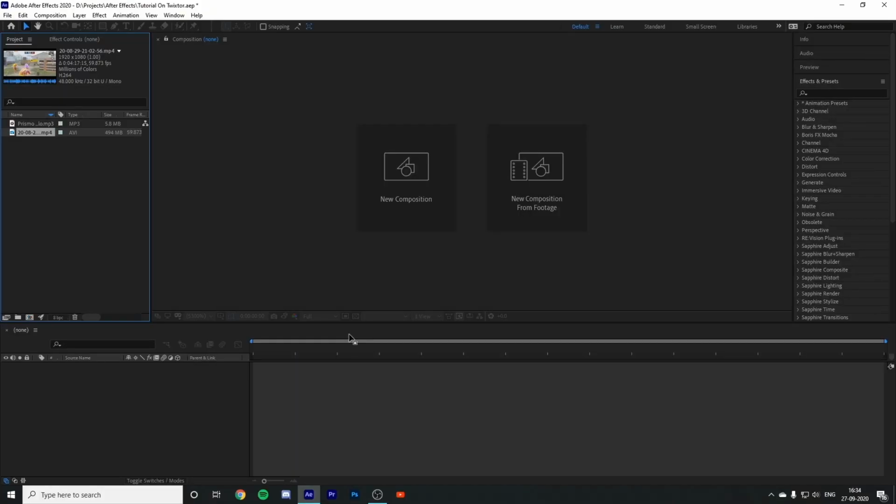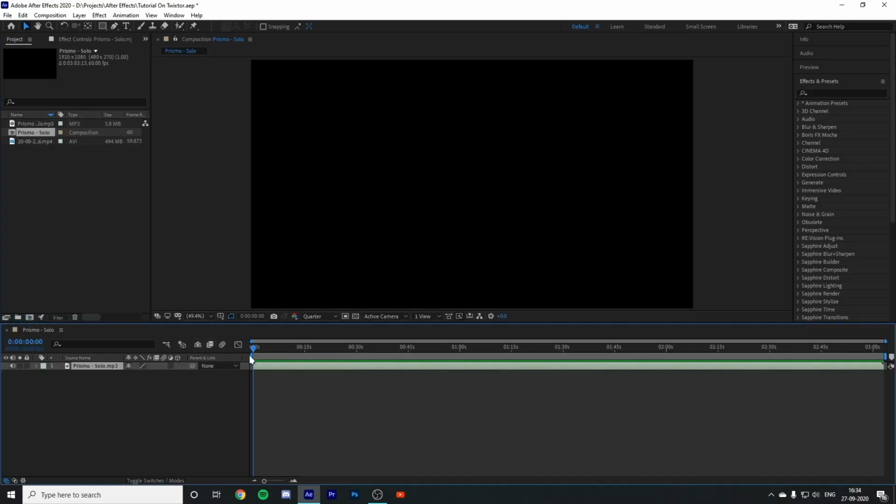Hey guys, this is a short tutorial on how you can create smooth slow motion using timeline mapping and Twixtor. In order to do that, I've imported my clips. I'll create a new sequence. To create a sequence, drag and drop your audio track over here. It will automatically create a track composition depending on your track.